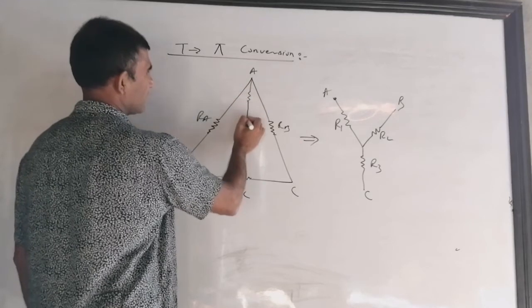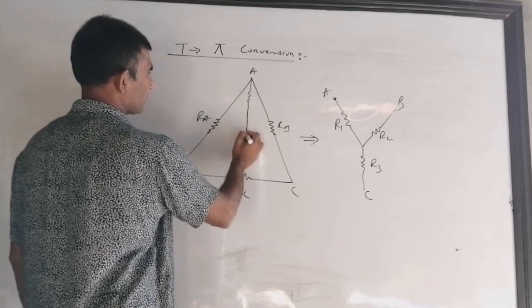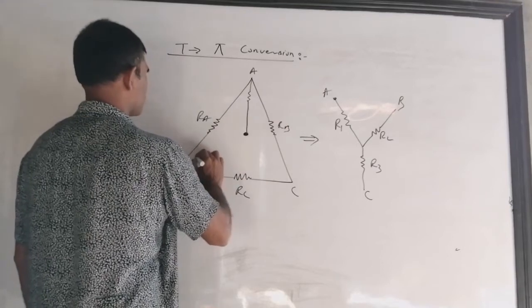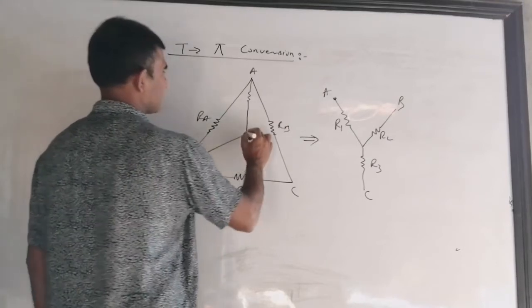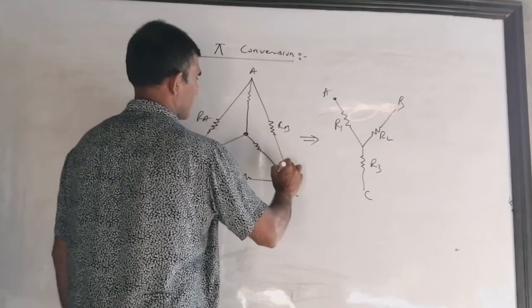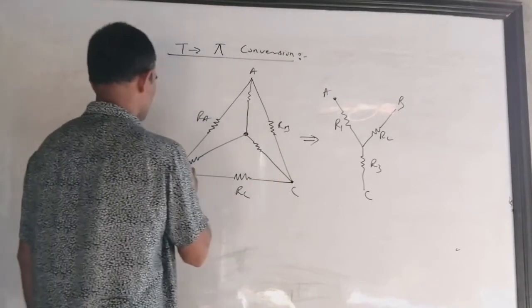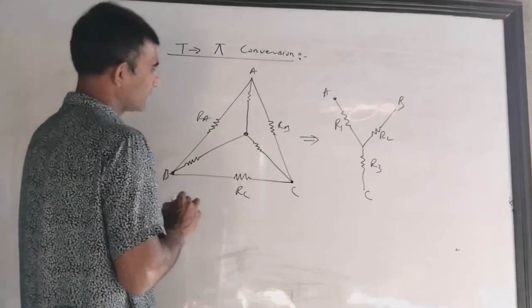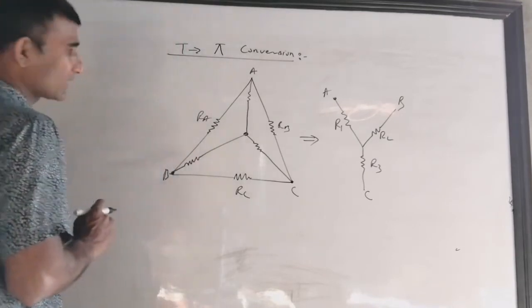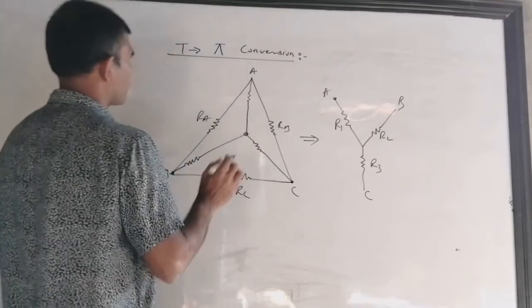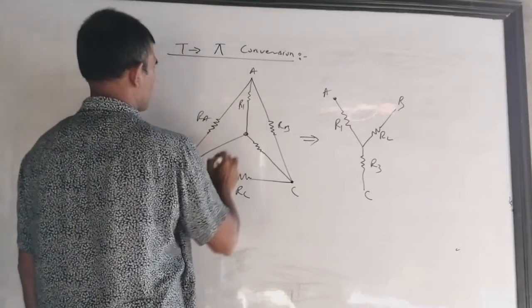If you see this figure, then in the middle you take one point, a hypothetical point, it's your right. I am not going to prove this formula. As I told you, it's at the master level, and I had posted that video also. If you are interested, you can watch that also, Conversion of T to pi, in the MSc section of that playlist. If you are not, then no problem. I am going to teach you here only.